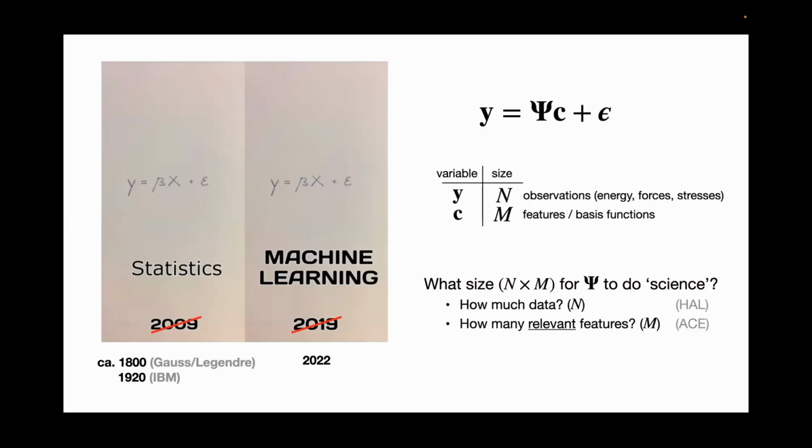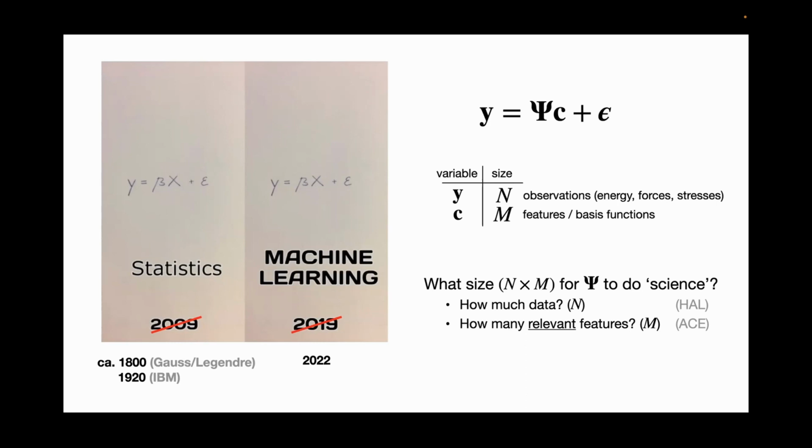I'm going to rewrite it slightly differently, and the two main things to discuss are that you have your observations collected in Y, which are the number of observations you're going to fit, and for us, it's going to be energies, forces, and stresses you obtain through some quantum mechanical method. And your M is the number of features or basis functions you're going to use to do your fit. Basically, the idea is putting all the science into creating a design matrix Psi which you can solve, and the aim is what size of N and M do we need to do new